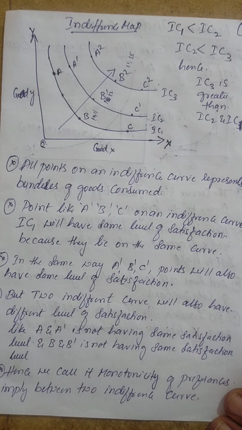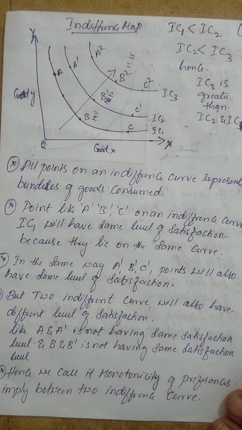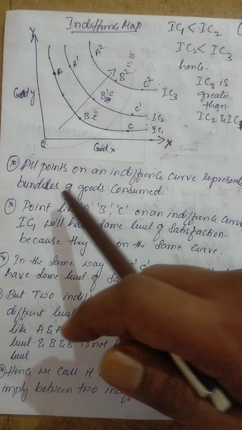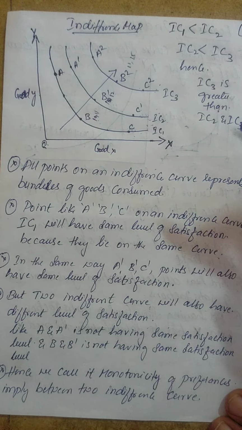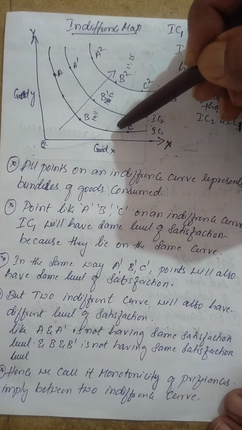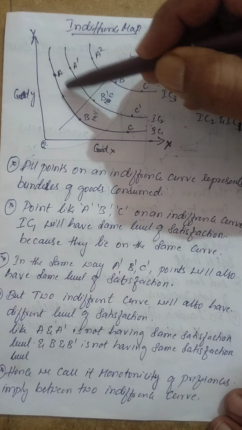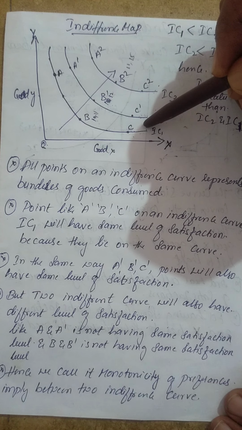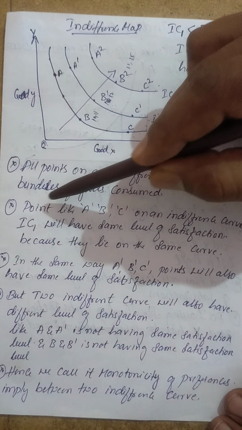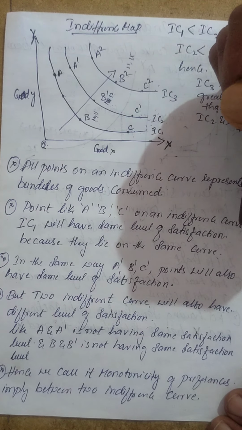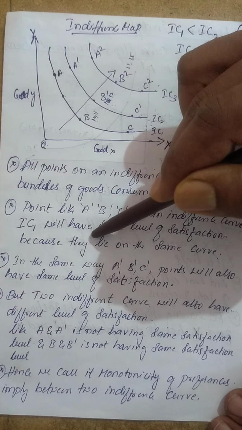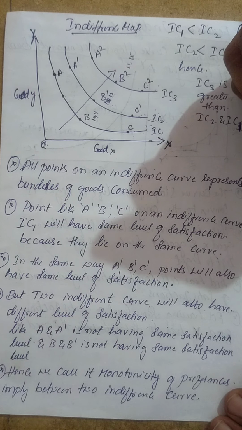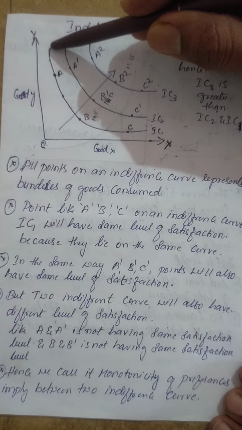So what do the points of the indifference map say? Let us see. All points on the indifference curve represent the bundles of goods consumed. So this is a point, this is a point, this is a point. It is nothing but bundles of goods being consumed. How many bundles they have used, how many bundles they have consumed. So points A, B, C of indifference curve IC1 will have the same level of satisfaction because they lie on the same curve. As I said earlier,